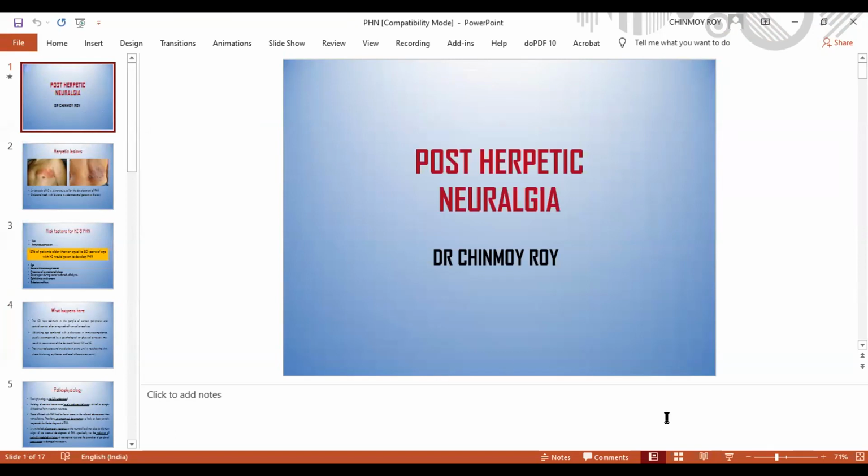Yes, we can hear. And before you start, I should tell the audience one thing, that there are certain problems which are considered as our problem, our disease. Like a cleft palate, who should be operating? A thyroid, who should be operating? There might be a fight between an ENT surgeon and a plastic surgeon. In the same way, who should treat this pain? There might be a fight over who should treat headache, whether a neurologist or a pain physician. But post-herpetic neuralgia is one such condition which is primarily treated by a pain physician.